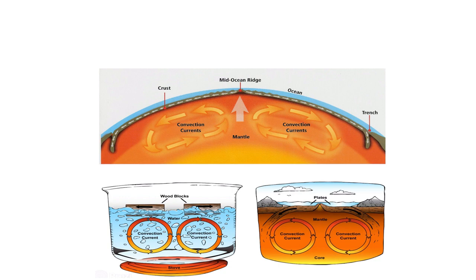Now let's apply this concept in the case of Earth. Here the wooden blocks are the plates and the burner is the radioactive elements which are found at the core of the Earth, and the water is molten lava in the case of the Earth. As the wooden blocks were moving apart, in this case the plates are moving apart, and the cycle which was created in the beaker, here it is the convection current. Thus in his theory it was explained how the plates drifted using convection current.